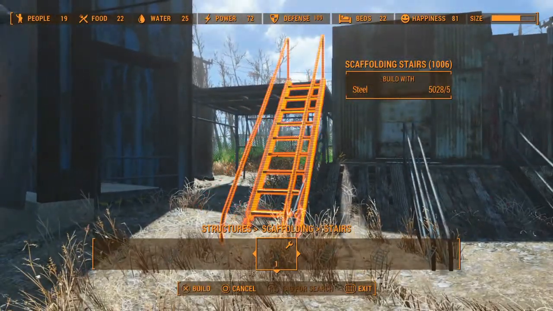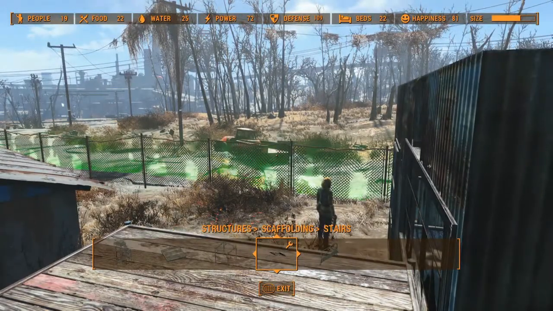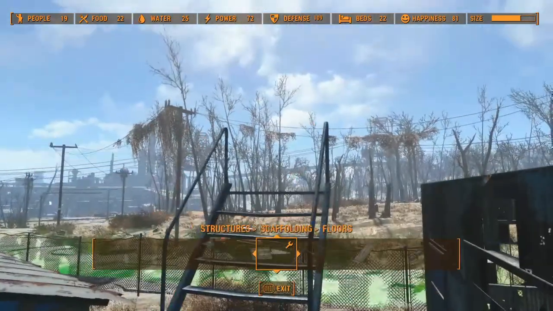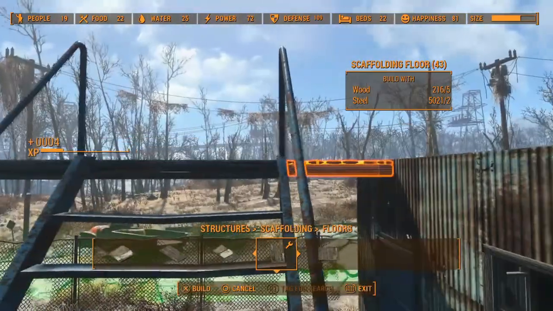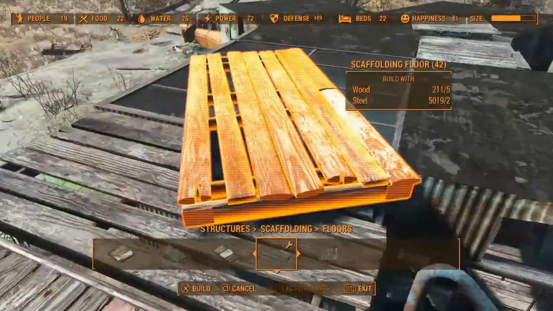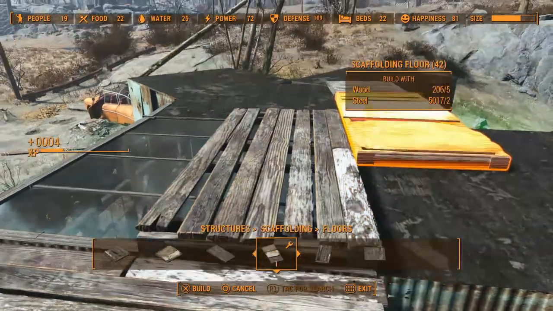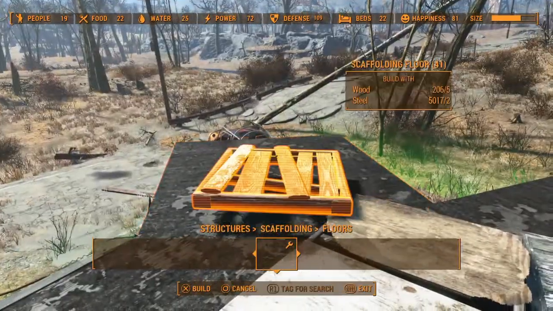Go ahead. Like that. Trying to remember what I built. What did I build? Oh yeah, it was stairs, small stairs, like these. I'm trying to remember what I built the first time round. Come on. There we go. And I'll go for something like that. And then I do have a